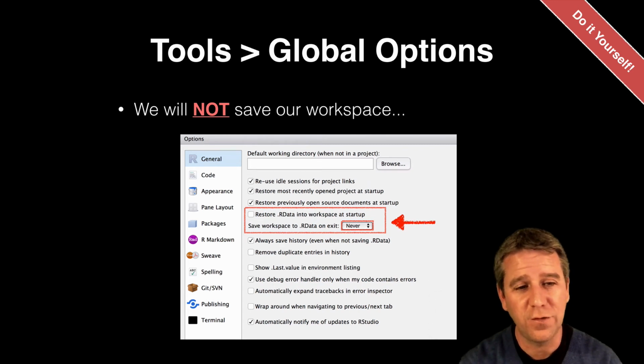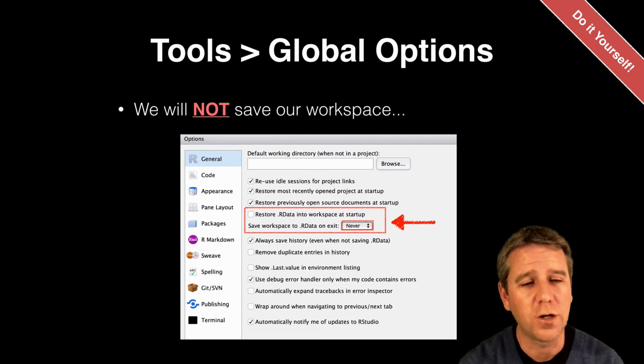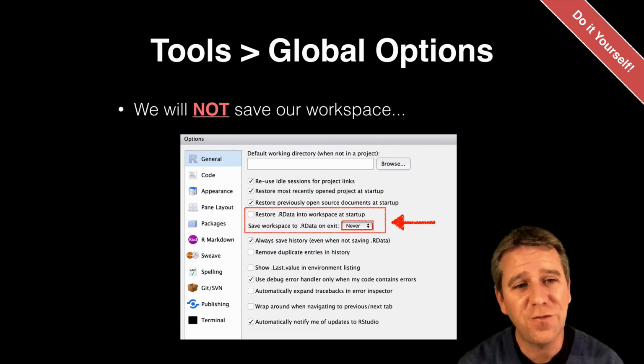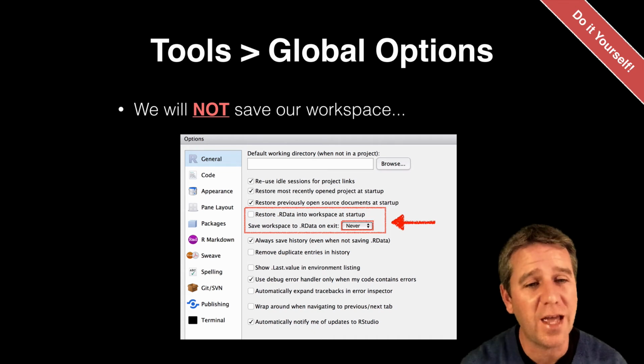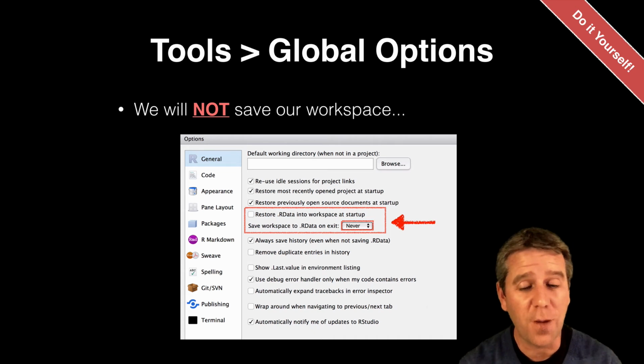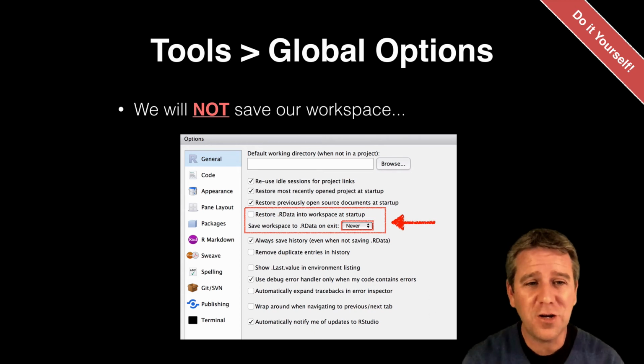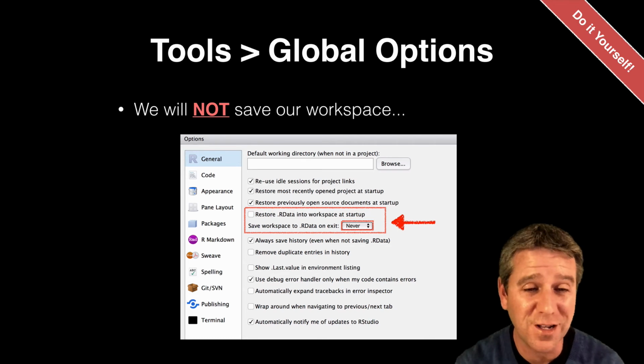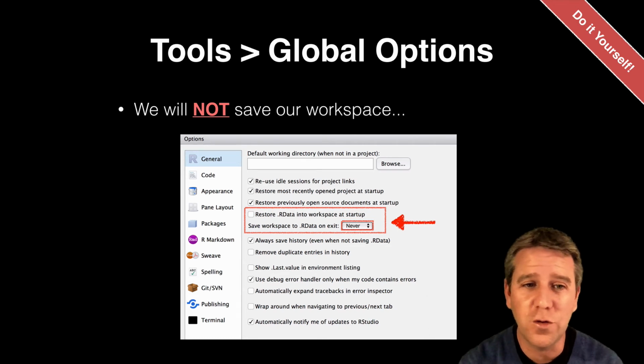We're going to click off this saving our workspace. What this means is, by default, when you close R, you quit for the day, whatever, it'll save all the objects and all the work that you've done into a thing that will be reloaded next time. And this sounds like a good idea. It's usually helpful, or it sounds like it should be helpful, but it can be confusing when we're starting,